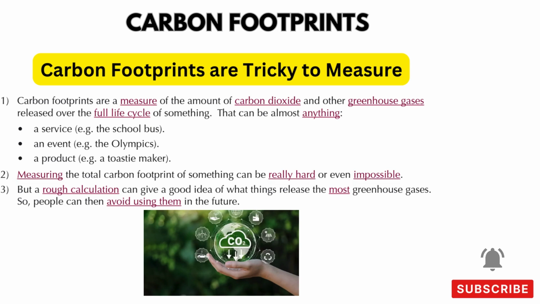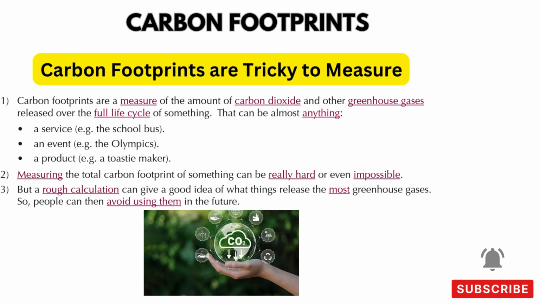That can be almost anything: a service, for example the school bus; an event, for example the Olympics; a project, for example a torch maker. Measuring the total carbon footprint of something can be really hard or even impossible,